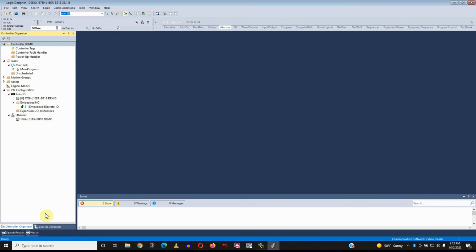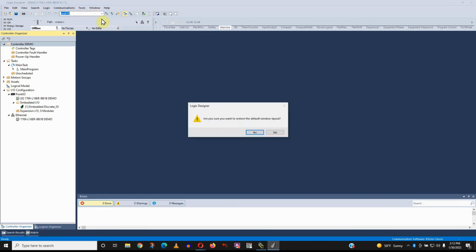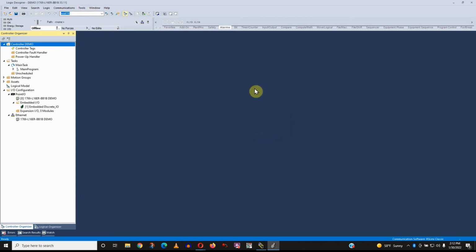Now I've got the controller organizer on the left-hand side. If you don't see this, what you can do is go to Window, Reset Window Layout, and it will restore it to this appearance. Some people will make changes to it, which make it look different. And it's always good to go back to the factory standards here. Okay, so on this controller,